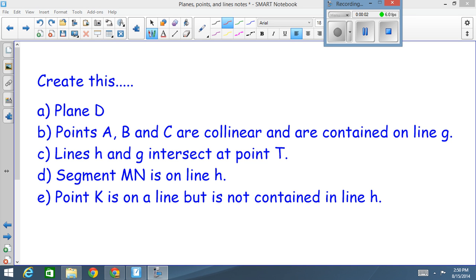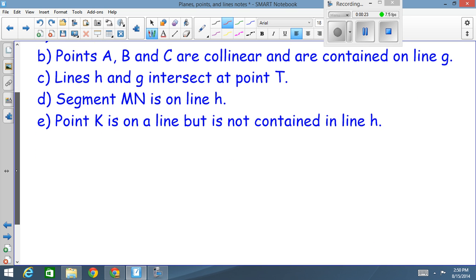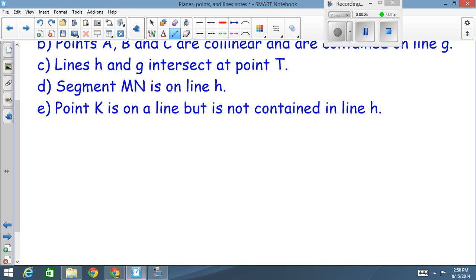Okay, so now that we know the basics of points, lines, planes, rays, how to create things, how to show things, we're going to be asked on a few occasions to go ahead and create something based on a list of things that we would like to see. So, first things first, this says create plane D. Now, as we just got done talking about, best way to create a plane is to take your straight edge,